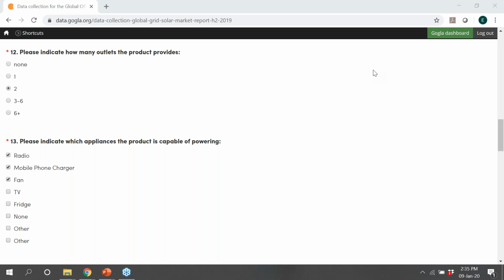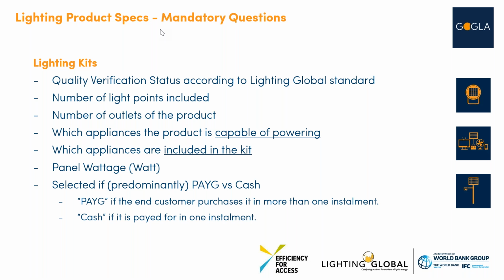Basically, the questions that are asked are the following. There's again several mandatory questions, and there's several non-mandatory questions. These questions that you see here, they're mandatory because they're used for classifications, and they will allow us to report on how many small lighting products or big lighting products of a certain type of appliances or of lighting are sold, and it enables us to segment the market in a meaningful and standardized way. So the non-mandatory questions, and especially, as I already mentioned, on the lighting product side, they will help us calculate and compute impact metrics. So if you don't fill those in, we won't be able to share those with you.